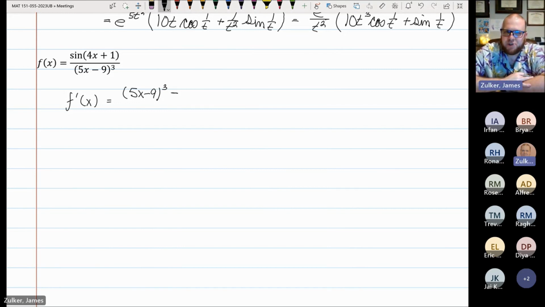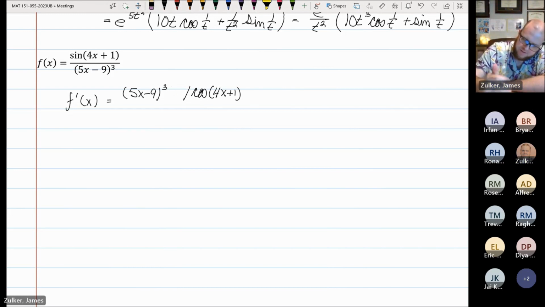Numerator is a sine function. It has derivative of u prime cosine of u. I don't know why I wrote a minus there. Times. Minus numerator